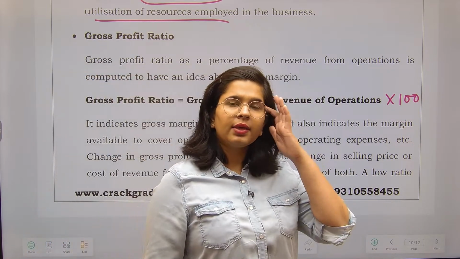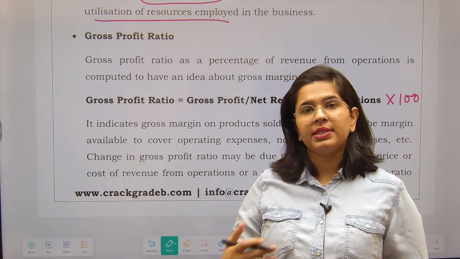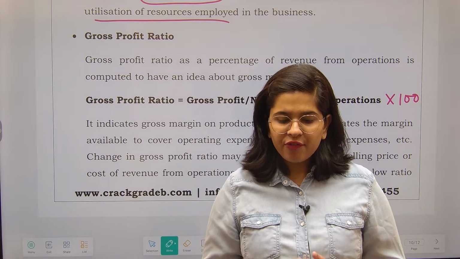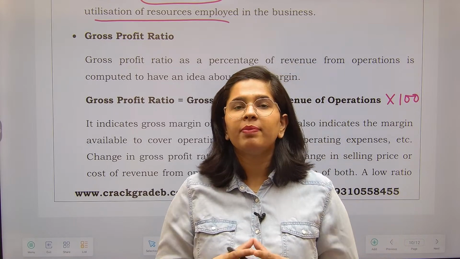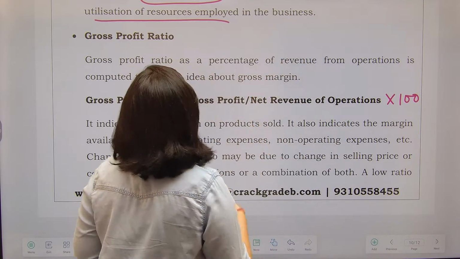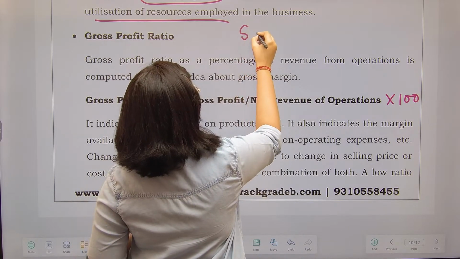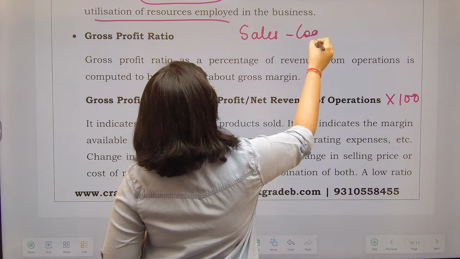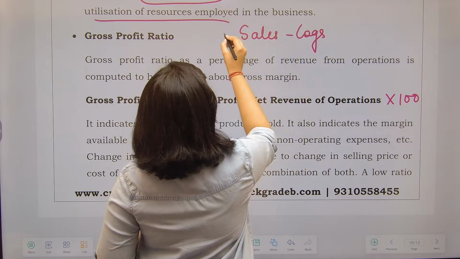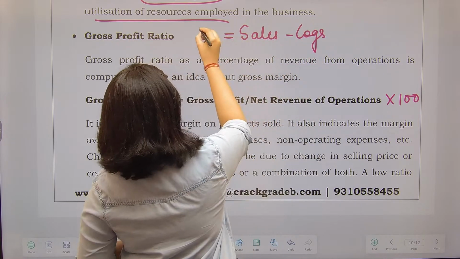Because we calculate the profitability ratios in percentages. Okay, we calculate the profitability ratio in percentages, and gross profit means what? How is gross profit calculated? So sales less cost of goods sold. This is how your gross profit is calculated,